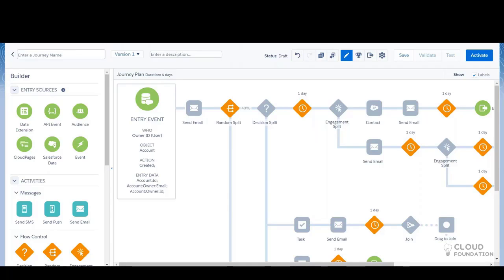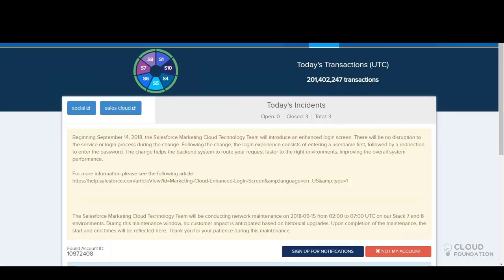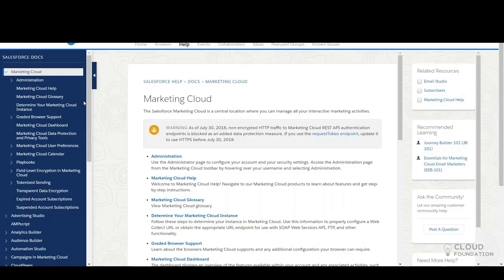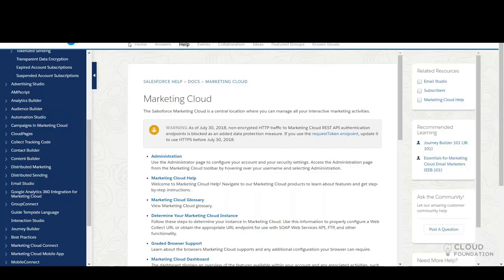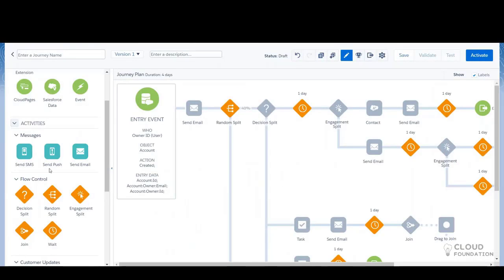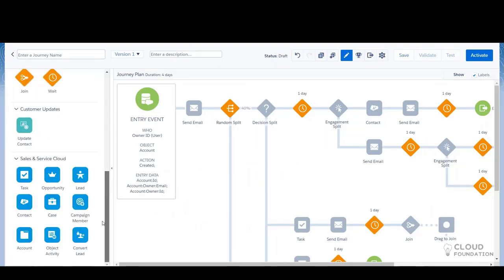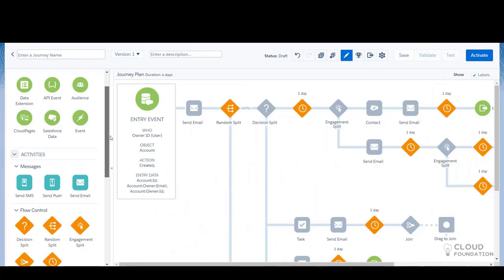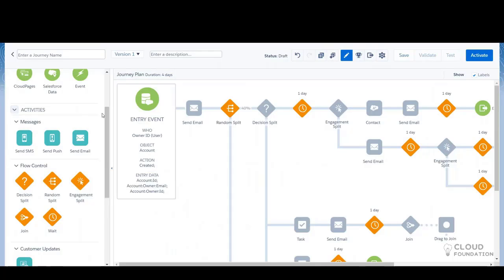There's no intervention needed from Marketing Cloud. You can simply install the Marketing Cloud Connect to your Salesforce org, and there are a few steps in the documentation. Once you follow that, you can have the connection established, and there are a few features. Let's say if you're not seeing any of these features, you can just raise a case with Salesforce, and if it is part of your license, Salesforce support will be enabling all these features.